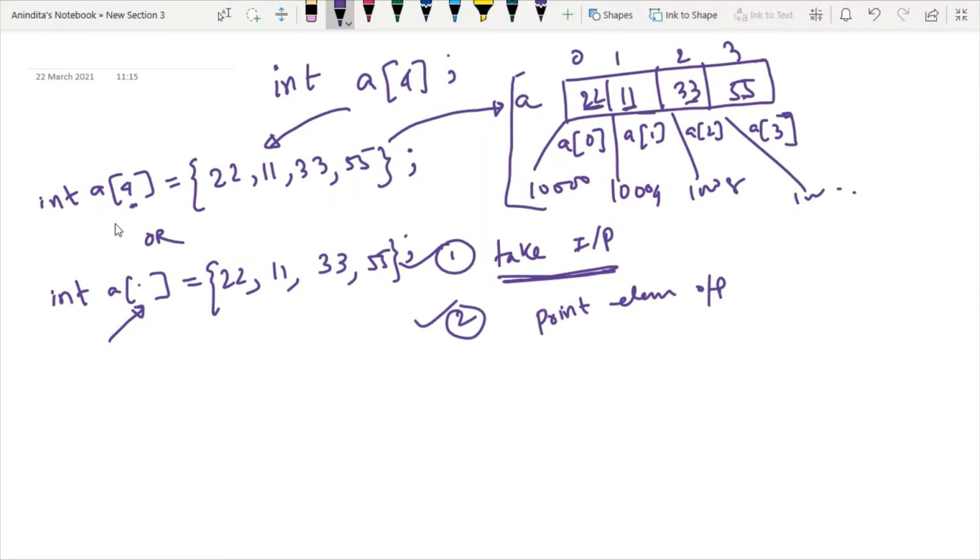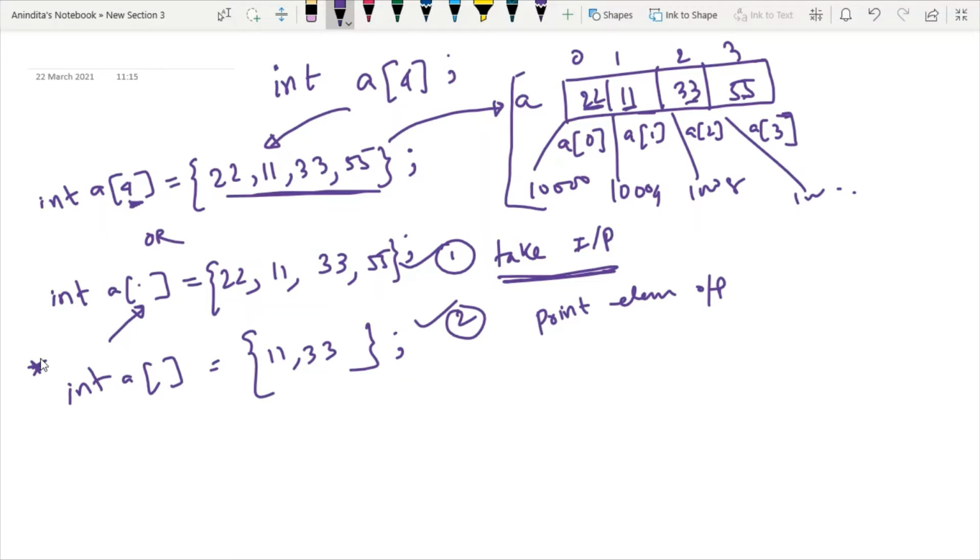Here the restriction is that you have to take 4 values, but whenever your array is unbounded or not restricted to any size, you can take any number of values. So this kind of array is quite useful.